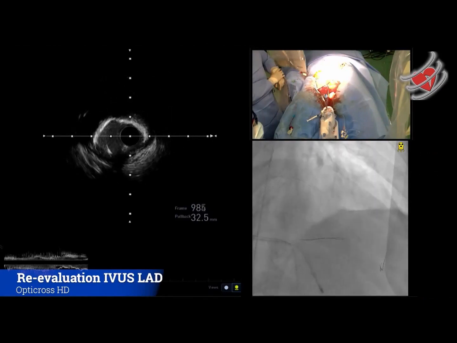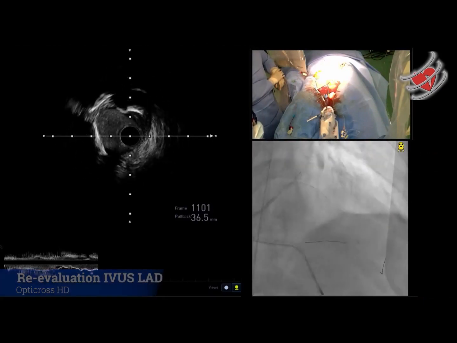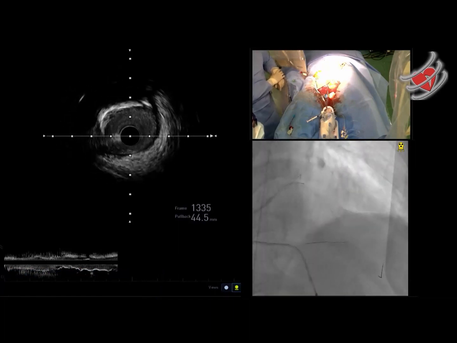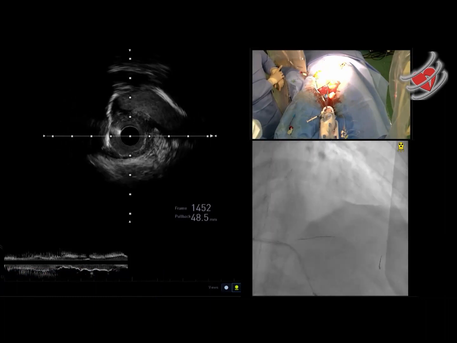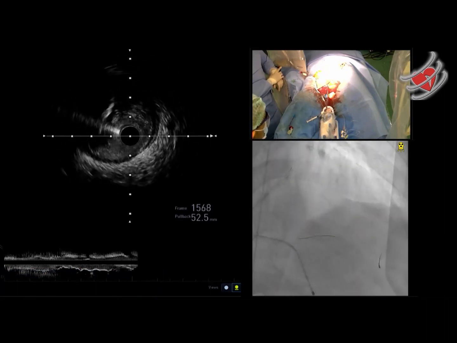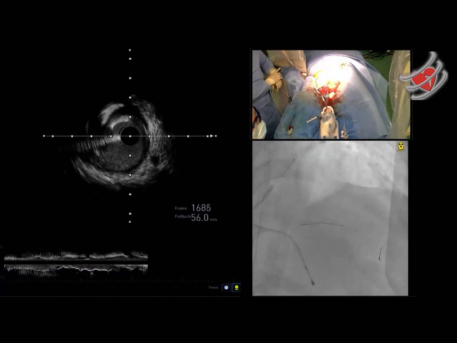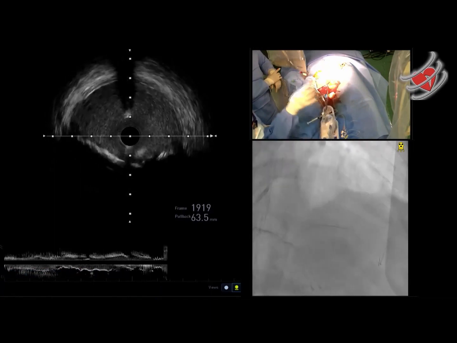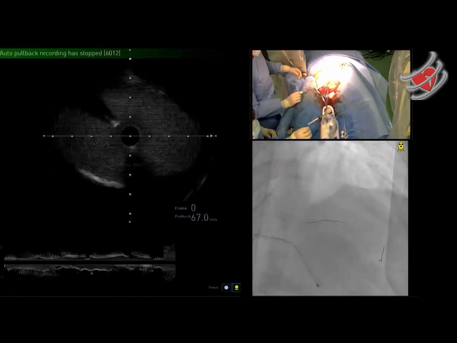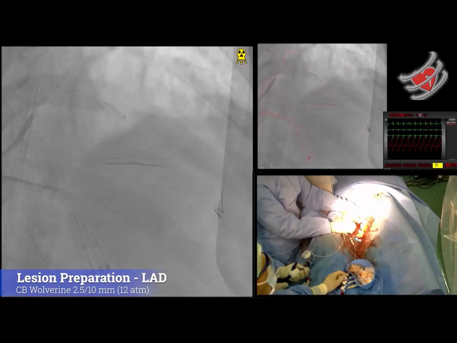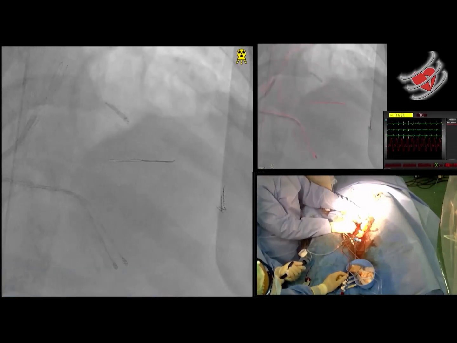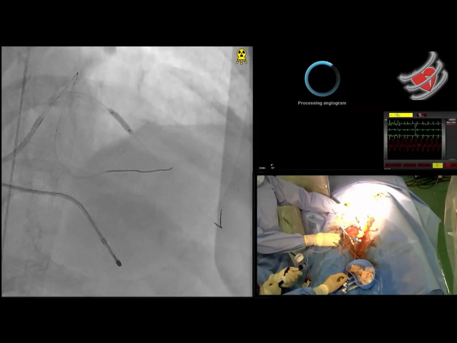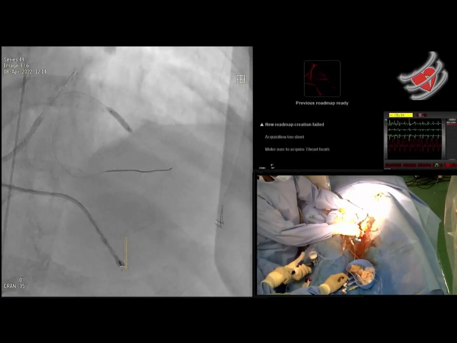So we did another IVUS run showing that, especially in the ostial part, we have some good burr marks here. Maybe we can see some reverberation in the ostial part, like this part with a good burr mark, showing an acceptable result of rotablation. And in this particular case, we choose a Rotacut technique to have an aggressive lesion preparation because